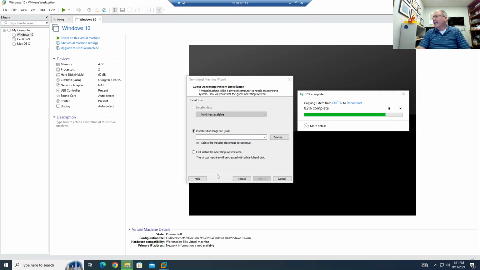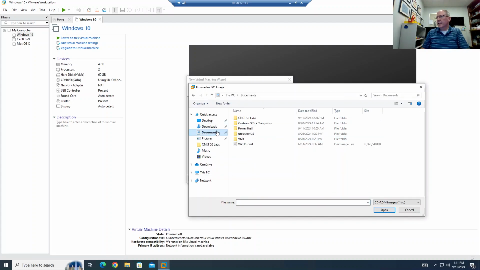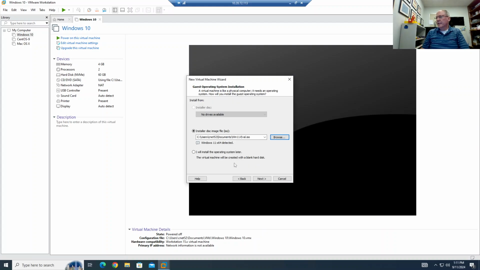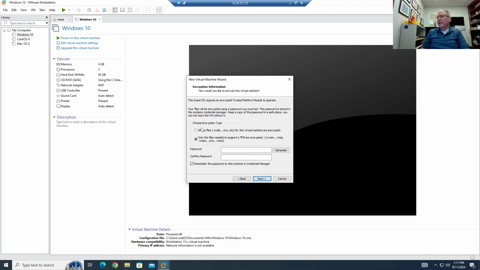All right, thank you. So just let that finish, and then once it is complete, we'll hit Browse, go to our Documents, and then select the Win11 eval. We're going to click Next. For the name, you can leave it Win11x64. And then here, for the encryption, leave it on only the files needed to support the TPM, hit